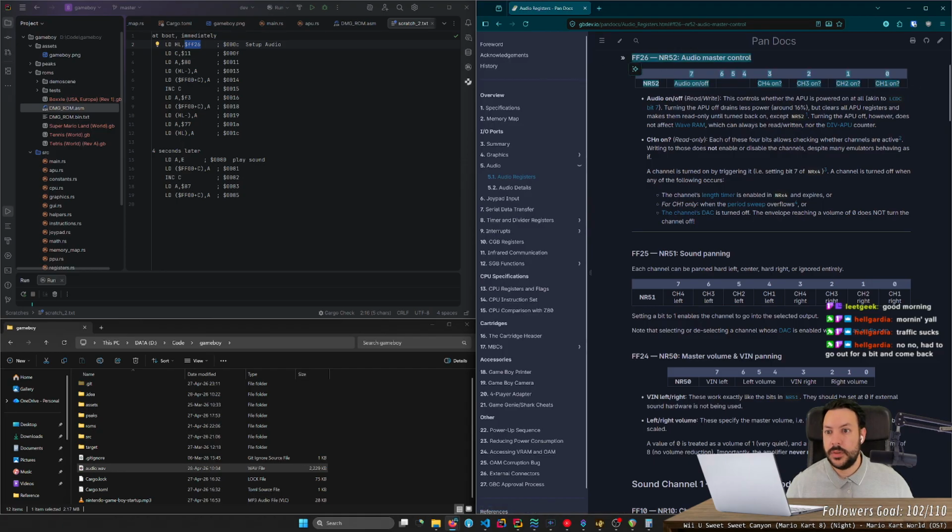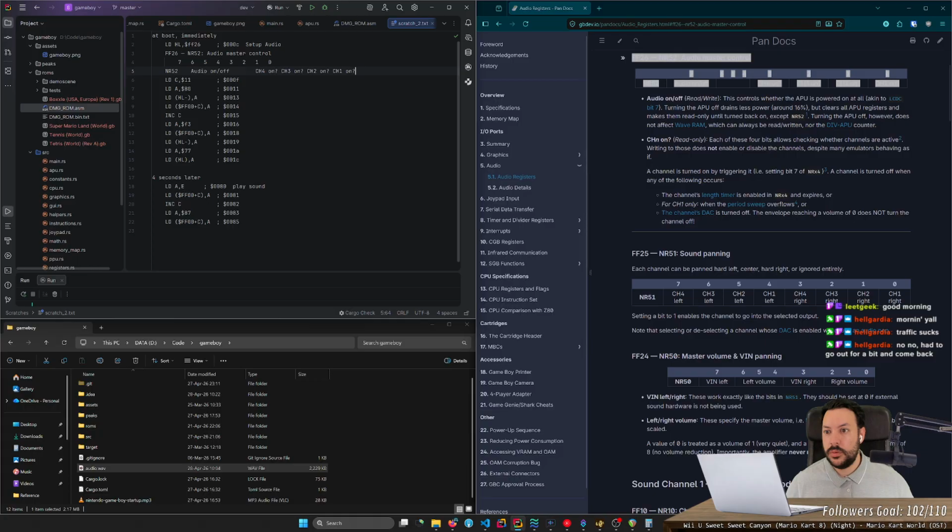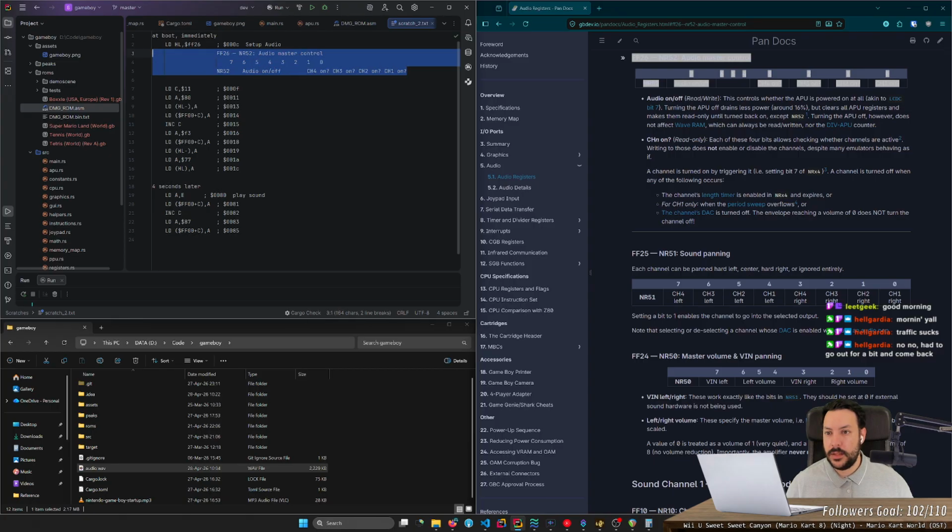Okay. And we load this into HL. Okay, I'm probably gonna put something like this. So we load this address into HL. Then we load A into that.